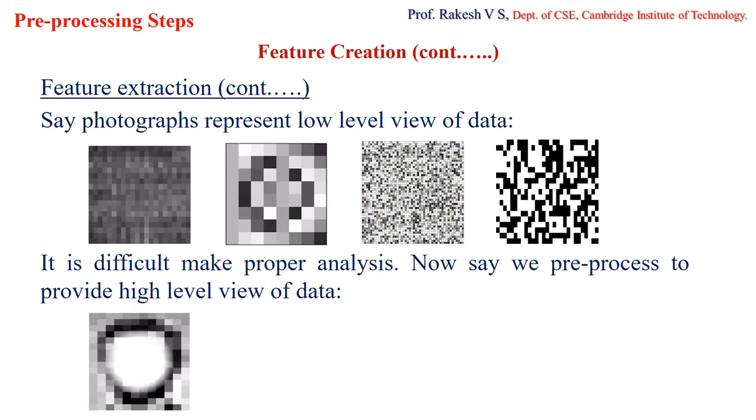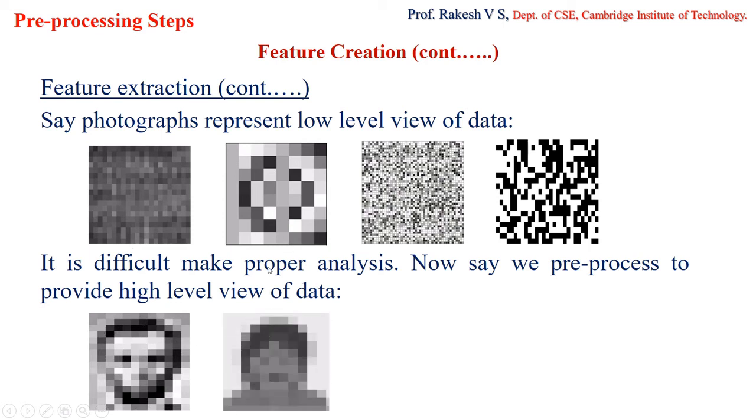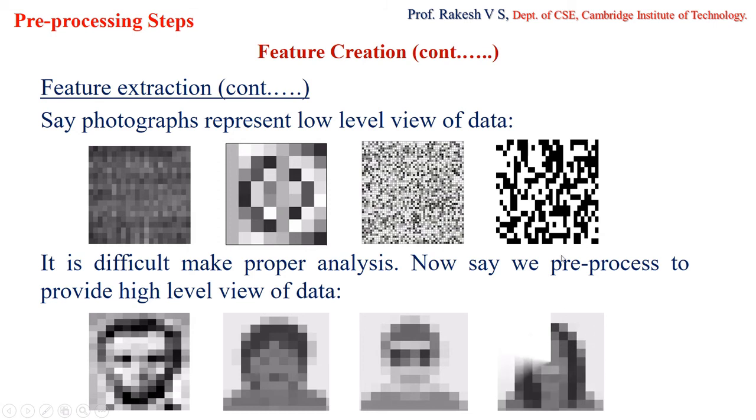Now when I pre-process this image in this format, I'm going to get an image such that I'll be able to make out a human face from these images. Similarly here, this data is getting transformed like this, wherein I'll be able to see the human face. The slight pattern of the human face at least is visible when I compare these two images. Similarly, in this particular case also.